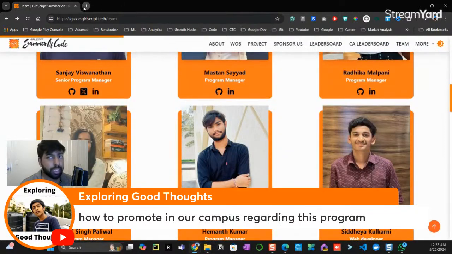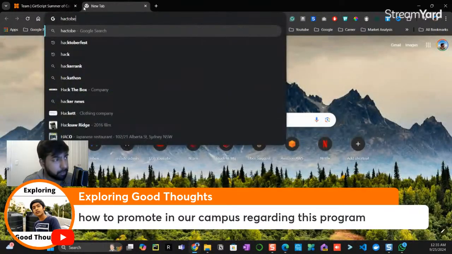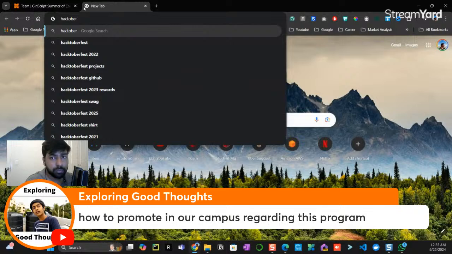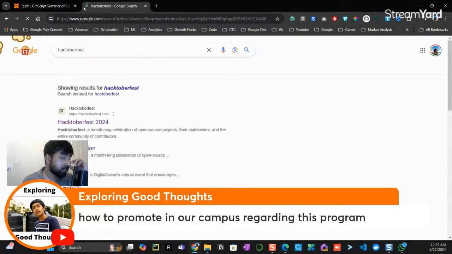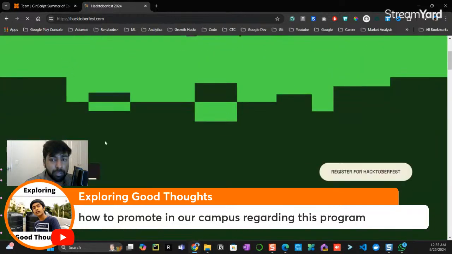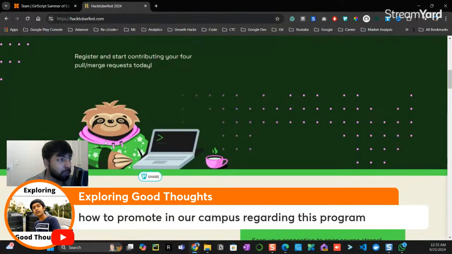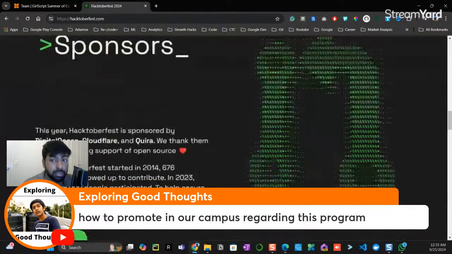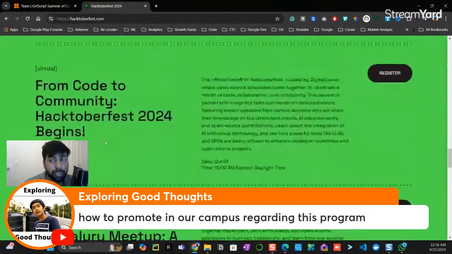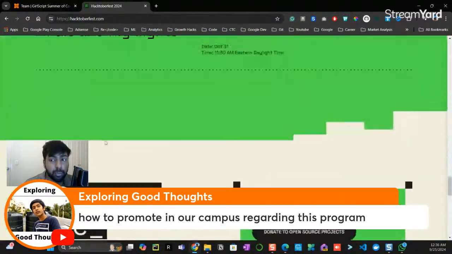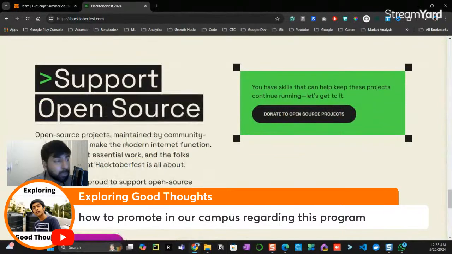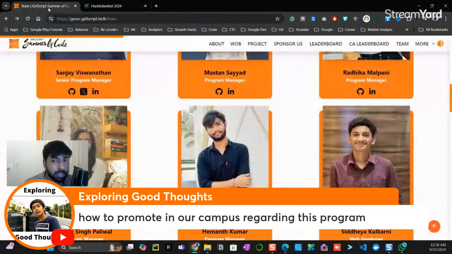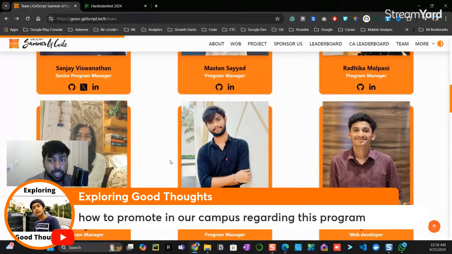Now we are doing this along with Hacktoberfest. I believe you guys know what Hacktoberfest is. This is happening in October. When you are part of this program, you also get a lot of goodies from Hacktoberfest if you become a contributor. So you can talk about how to be part of this program, and how you can get goodies from Hacktoberfest by contributing to the GSOC repositories. This is one of the ideas which I want to give to you.